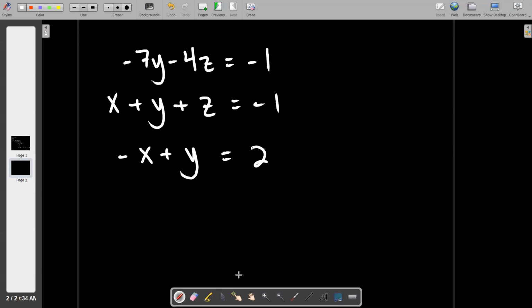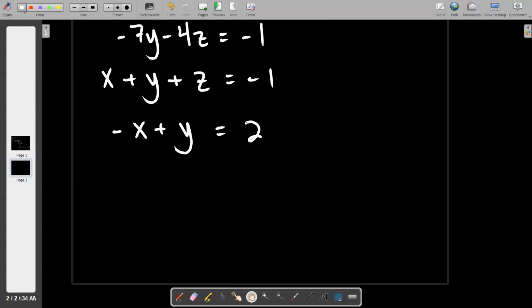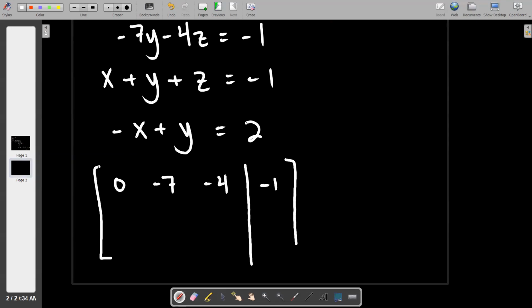But here it goes. Step one is just to, of course, build your matrix. And so top row of my matrix is going to say what? 0, -7, -4, -1. Second row, 1, 1, 1, -1. Third row,